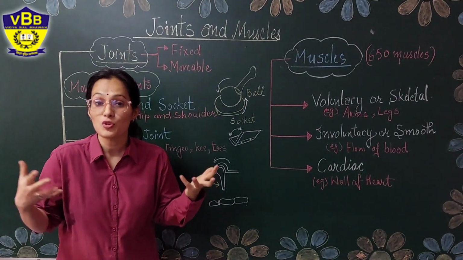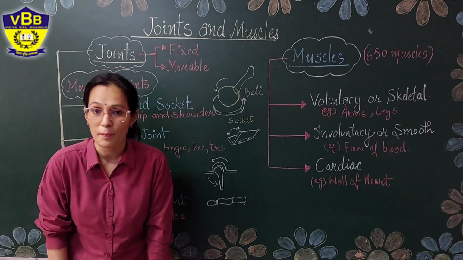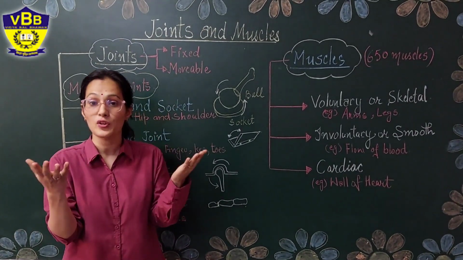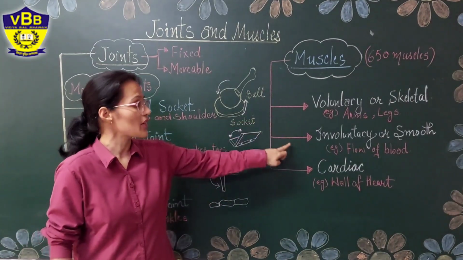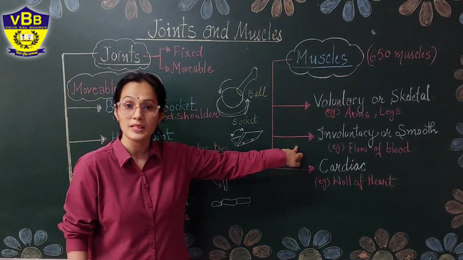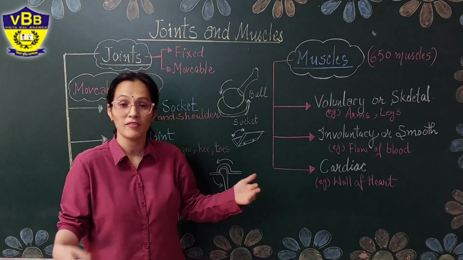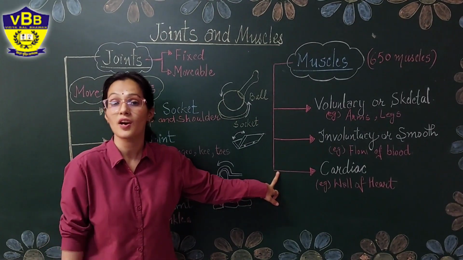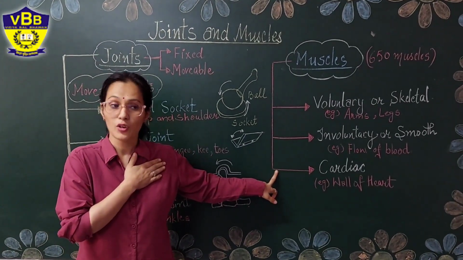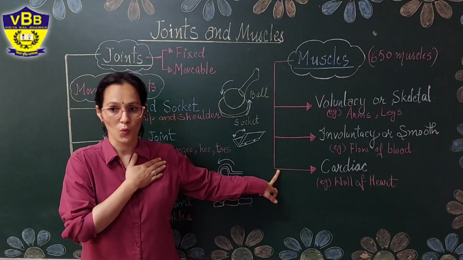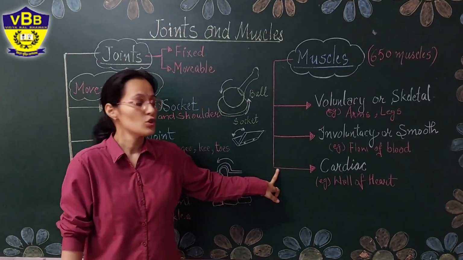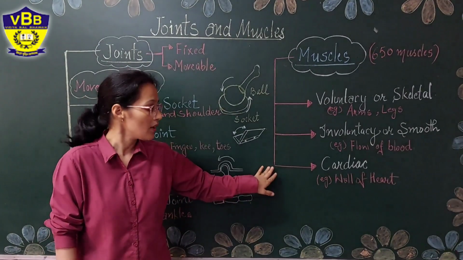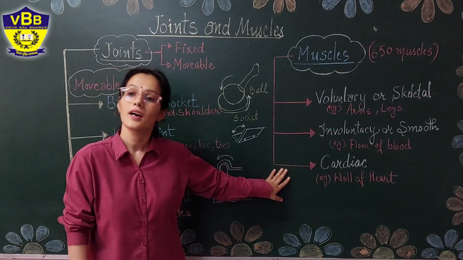Whenever we do lots of work, we get tired. Our legs pain, when we write too much our hands pain, and when we read too much our eyes pain. So voluntary and involuntary muscles get tired when we do lots of work. But the cardiac muscles always keep on doing their work, like the beating of our heart. Does it stop at any time in life? No, right? So it is lifelong. It does its work lifelong. Till we are alive, they are doing their work. So these types of muscles are cardiac muscles.